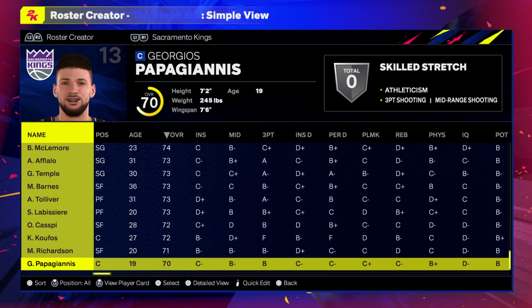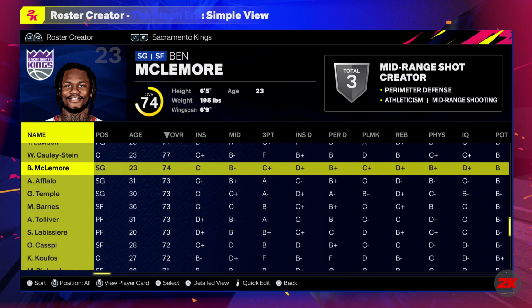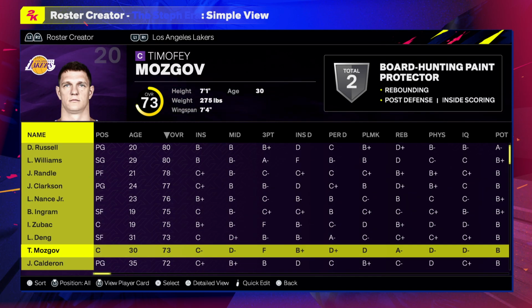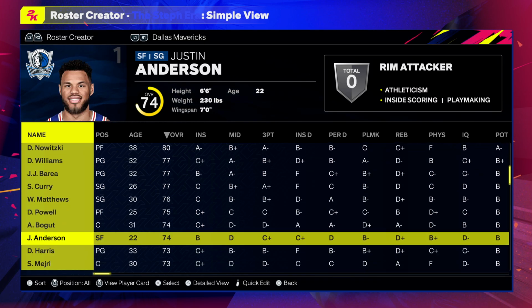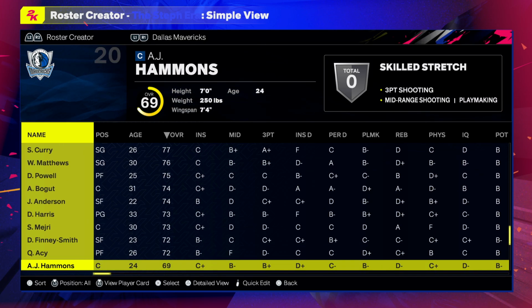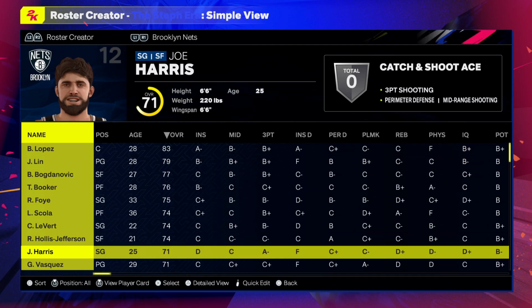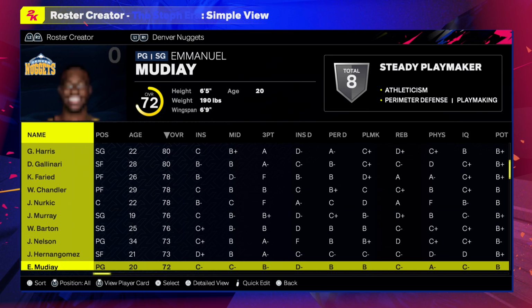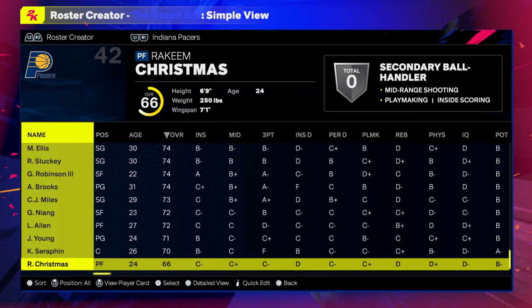I'll show you in just a second. I'm working on some other free agents at the moment, like Ben McLemore, Timofey Mozgov is there, Elfrid Payton, of course. We got Justin Anderson. What's weird is they have some faces and then the others right around the same IDs they took out. So it's hit or miss whether they have them in or not, but I got everybody that I could. Like CJ Miles,